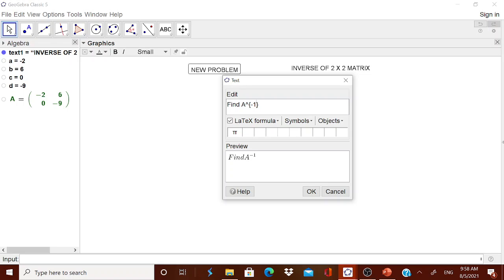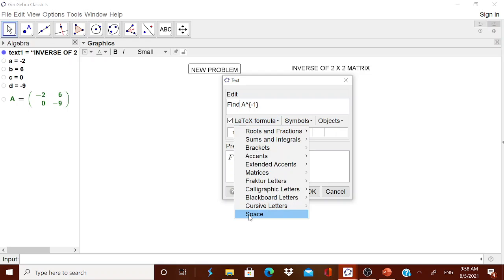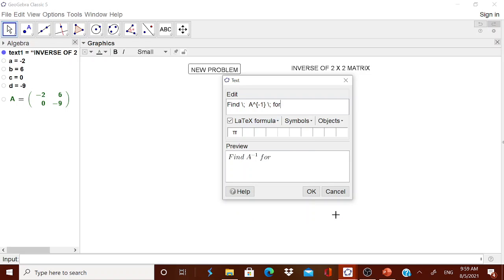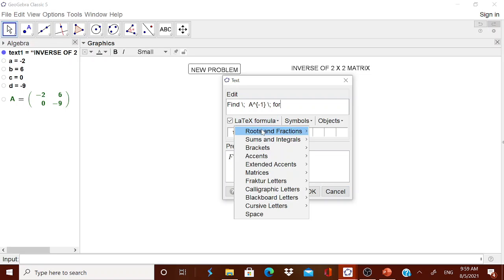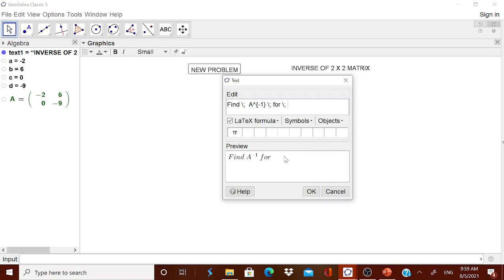Remember, in the LaTeX formula you will not get space. Therefore, LaTeX formula, space. Again, LaTeX formula, space. I think we already discussed it in one of the videos. Whenever you are using text in a LaTeX box, space will not be there when you use the space bar. Then when you want to put capital A is equal to something, put capital A is equal to, no need to type it once again. From the object, you go for this A.